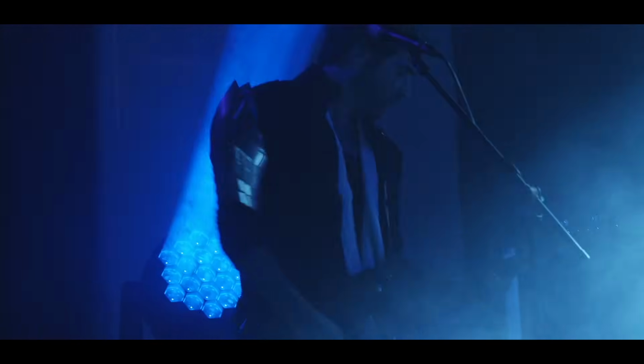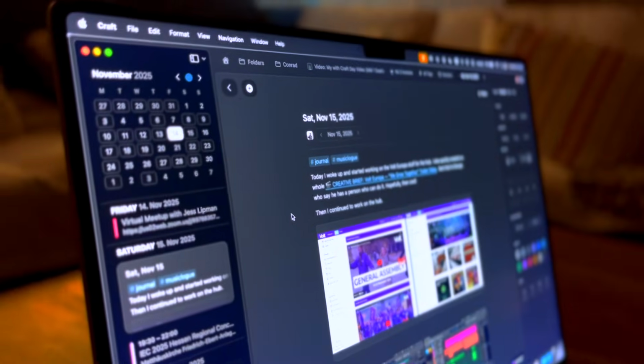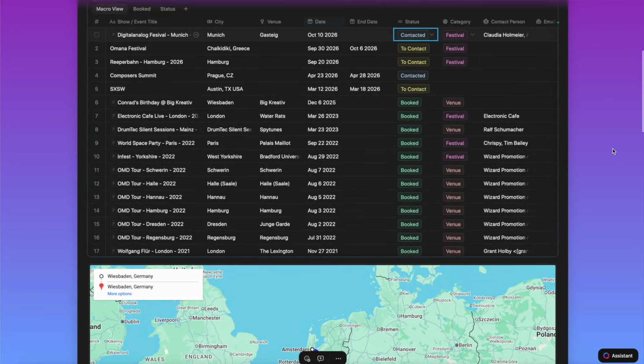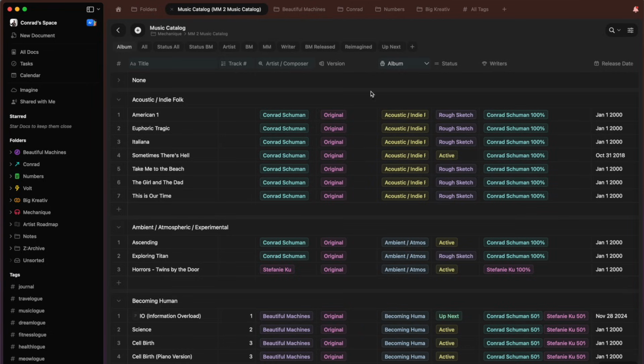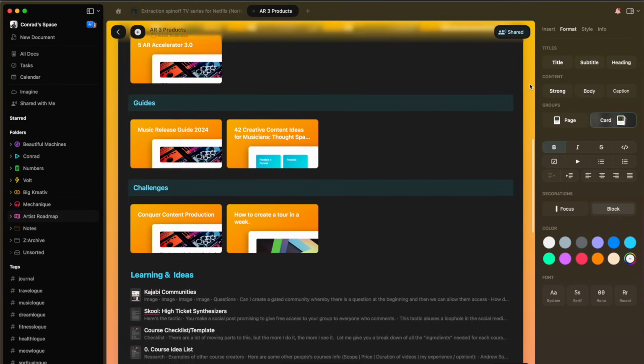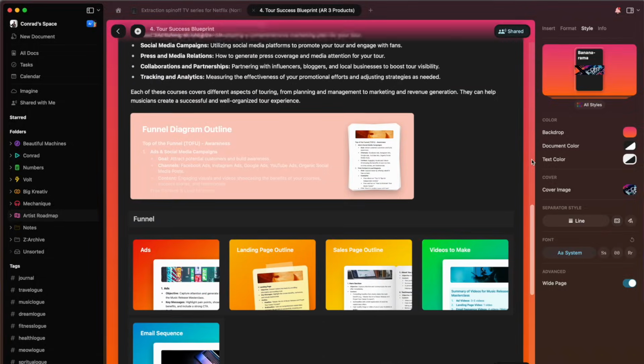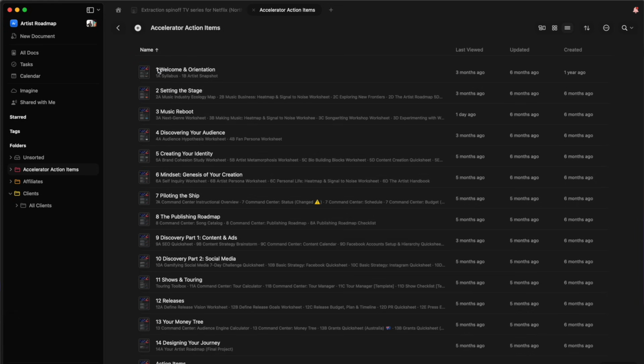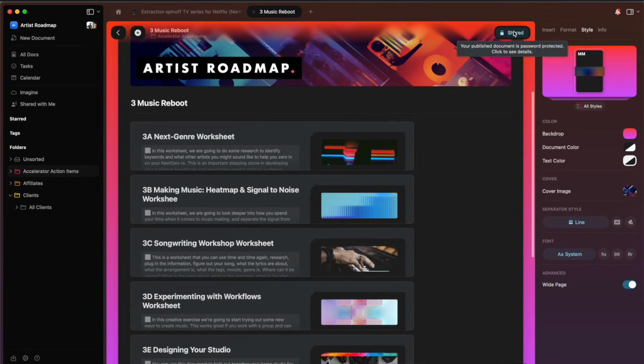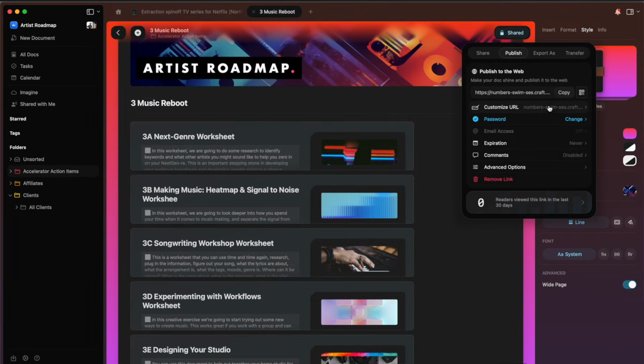And as a music artist, I use Craft as my central command center for planning music releases, working on tour schedules, managing my music catalog, and running the content calendar. Also, as an educator and course creator, I use the share feature in Craft, which allows me to have a separate space, and I host all the lesson plans and action plans that can be shared or duplicated into the students' or clients' Craft accounts. Or if they want, they can just use the PDF. So it's super amazing for that. You can share it to the web.